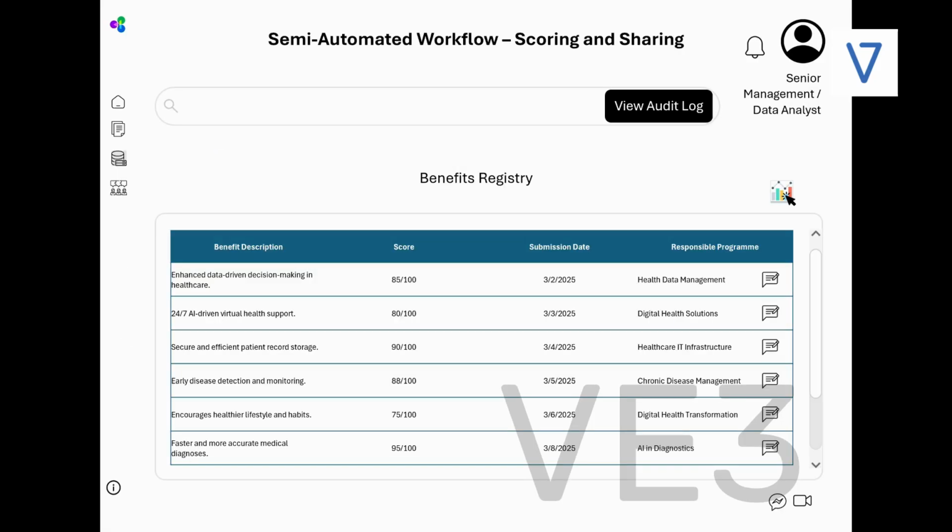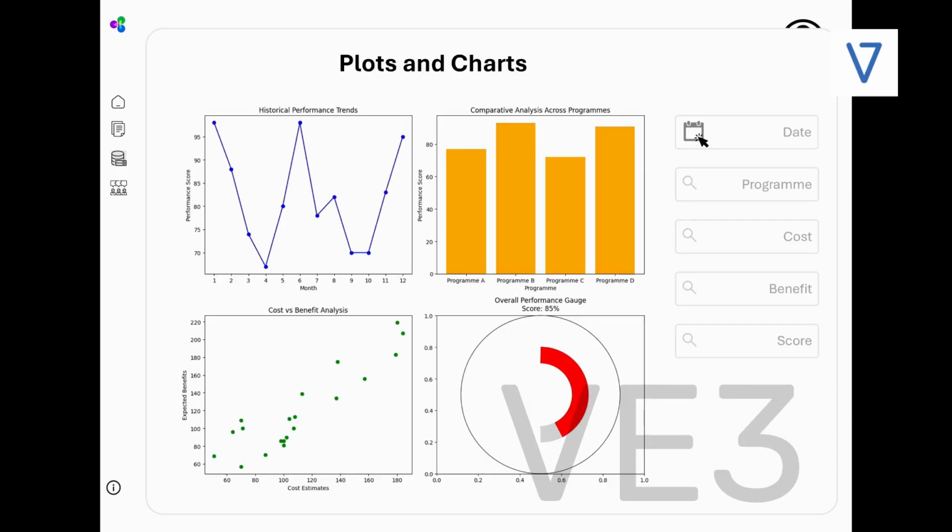To support ongoing strategic decision making, our system also includes a robust performance metrics and reporting dashboard. This tool provides senior management with real-time insights into key performance indicators, historical trends, and comparative analysis across different programs.